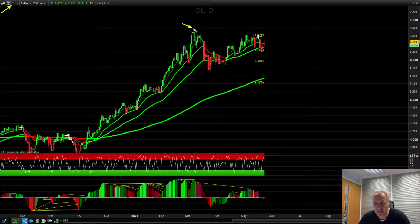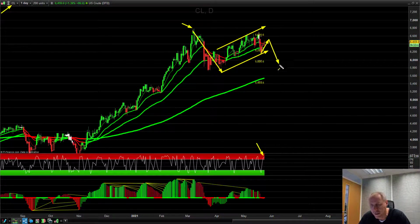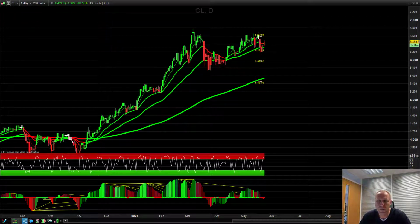Now, we've had a very nice move down and basically we've gone sideways in a bit of a channel these last several weeks. I think what's setting up here is that we've got this high OBS signal, this is overbought basically, in this little push back. I think, watch out guys, because I think we could have a little shift back to 59.96 here and maybe even a little bit lower, because I think if we come back into this channel,